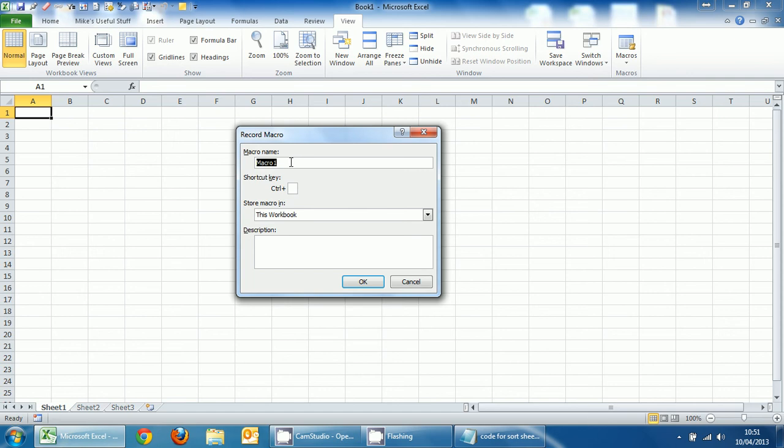So you can leave the macro name as macro1. But the important part of this is that you store the macro in, change it to the personal macro workbook. There's no need for a description for this. Again, this is just a dummy macro that will be deleted in a minute. So once you've ensured that you've got your macro one name and you're storing it in the personal macro workbook,